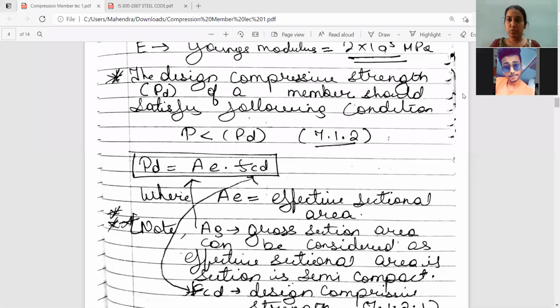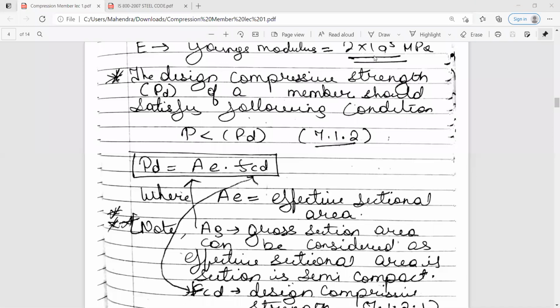Okay, everyone had noted this formula. Everyone had completed in the last session, or somebody had left. Those who have not completed, I will give you 2 minutes. Complete it fast. And those who have completed, you can refer to your IS code.